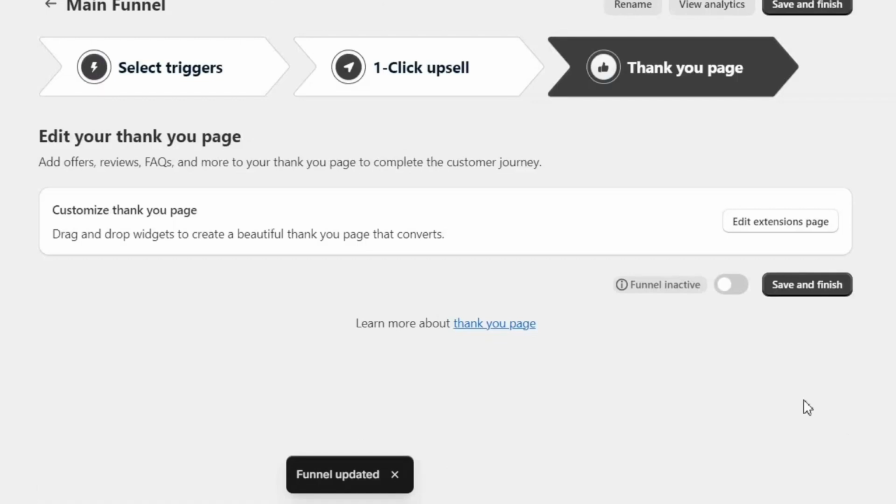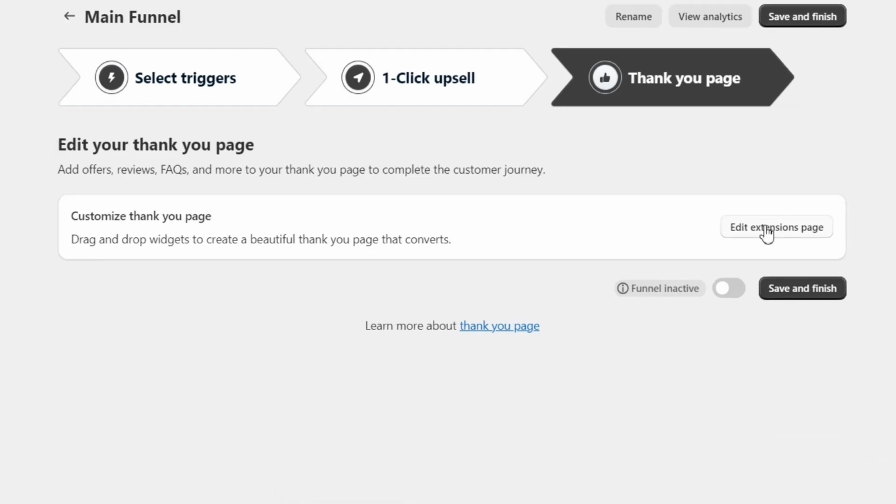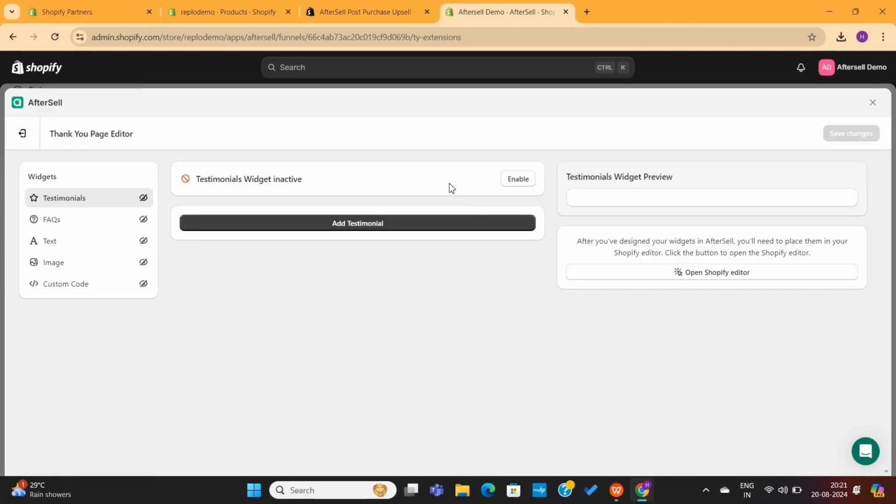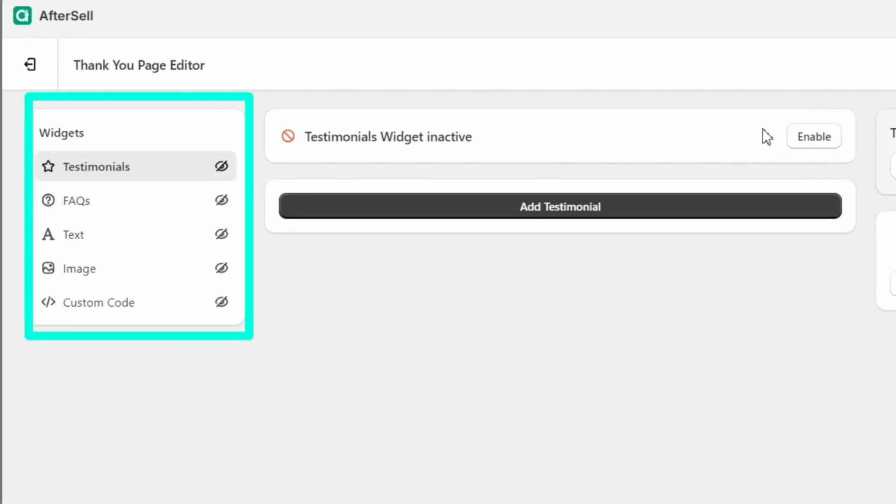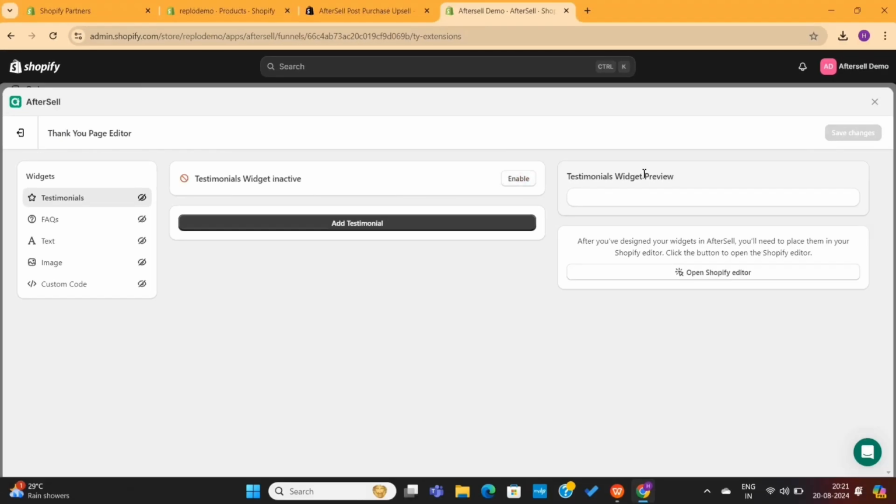Last but not least, we have the option to customize the thank you page. Simply click on this Edit button, and then you'll be taken to this page where you can add different extensions to your page. You can add things like FAQs, testimonials, images, and much more. Personally, I don't like to add these things as I prefer to have a simple thank you page for the